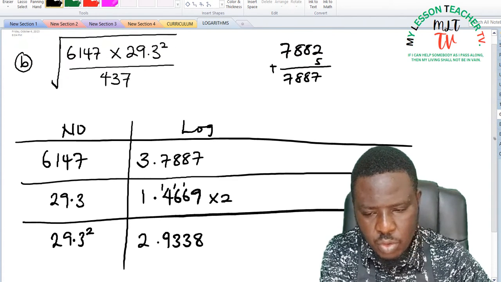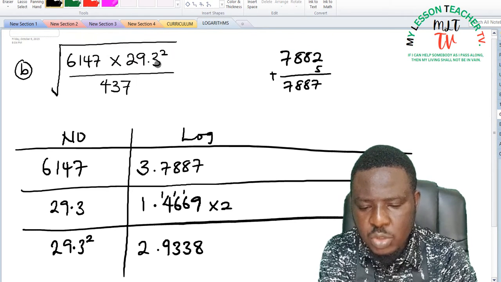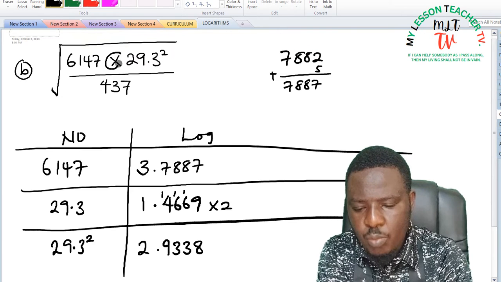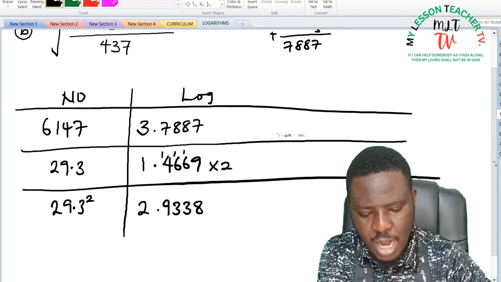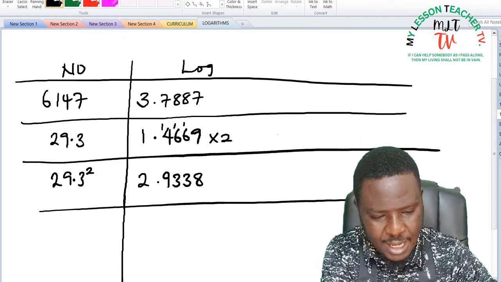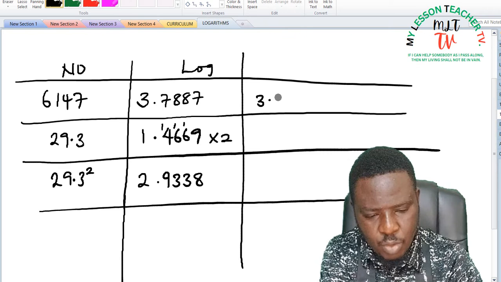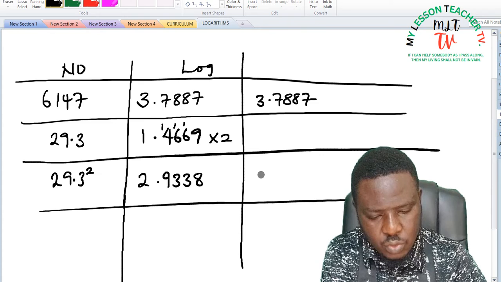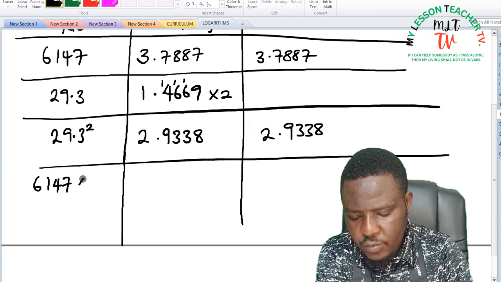Now looking at the numerator, we have 6,147 times 29.3 squared. So we are going to carry out this operation before we go to the denominator. So I'm going to add them together. But before then, to make my work look neater, I'm going to close this column and take it to the next column so that I don't make any mistake. So this is 3.7887 to be added to 2.9338. 6147 times